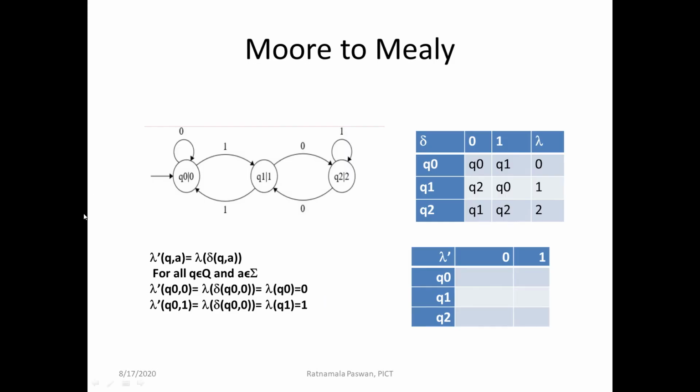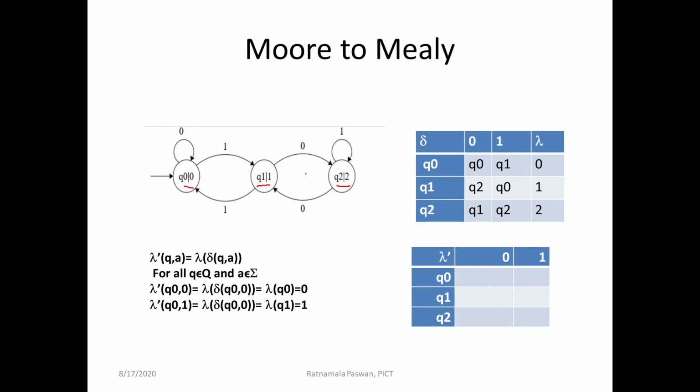This is one example of a given Moore machine. As we know, this Moore machine finds the residue modulo 3 of a binary number. Given any binary number, if we divide it by 3, this Moore machine gives us the remainder. Q0 has the output 0, meaning it gives the remainder 0. Q1 has the output 1, meaning it gives the remainder 1. Q2 has the output 2, so when the machine is in this state there is a remainder 2.